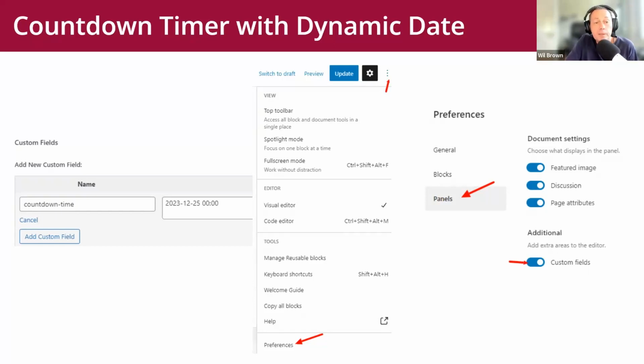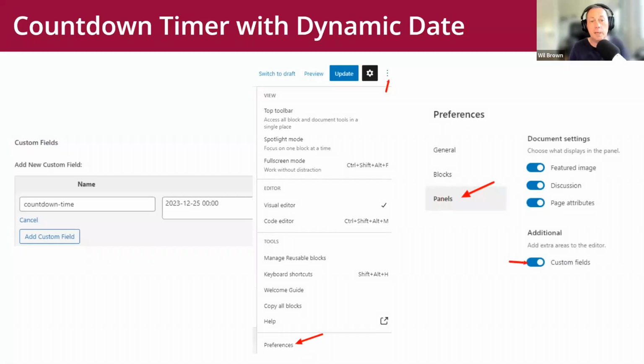Now, to implement this, you need to go through a series of steps. The first step is to add a new custom field to your WordPress post. So this is outside of Elementor. This is when you create a new page or post. Well, probably talking about pages, a new page. So you go into the WordPress block editor, you type in the page title, and that's where you'd add the